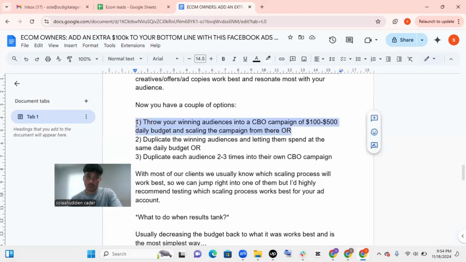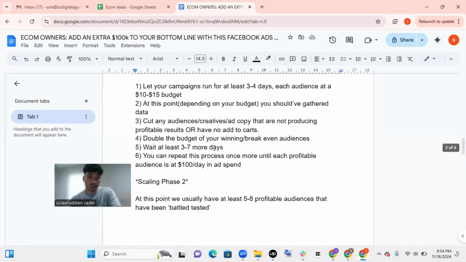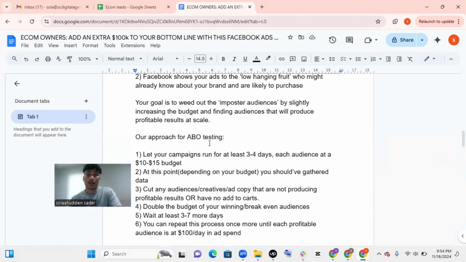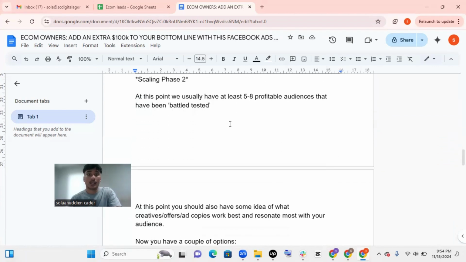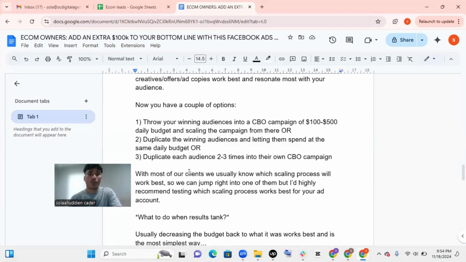That's strategy one. Strategy two is duplicating the winning audiences and letting them spend the same daily budget. So at this point, you're still running this campaign, and let's say you have a vegan audience that is performing well. You're spending $20, $30 on that audience. You can go ahead and duplicate that audience, which will show your ads to a new pocket within that audience, if that makes sense. And you can run it that way, or, for example, if you have certain audiences that are performing well, you can go ahead and duplicate them a couple of times into their own separate